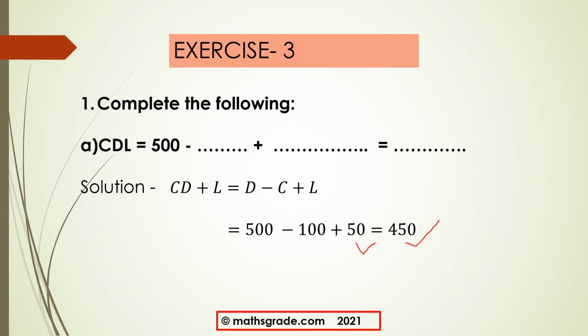When we find the value of a Roman numeral, first we check whether the smaller value is written to the right side or the left side of the larger value. Here D is the bigger number, that is 500. It is written to the right side of the smaller value C, so we have to subtract D minus C. And in DL, the smaller value L is written to the right side of the bigger value D. D is 500, so we have to add D plus L.